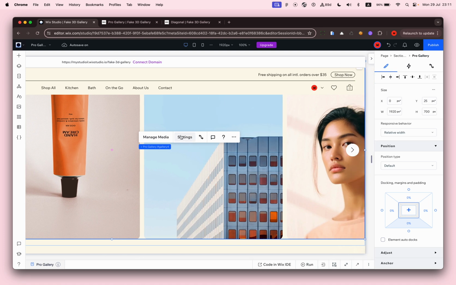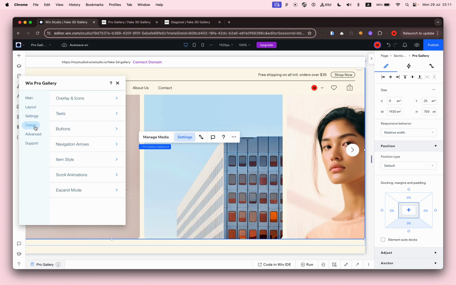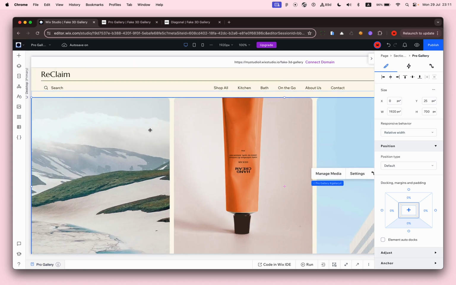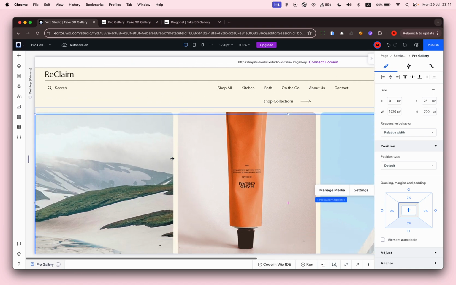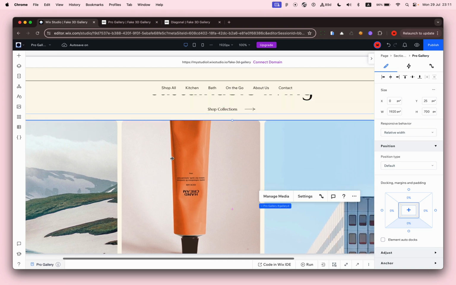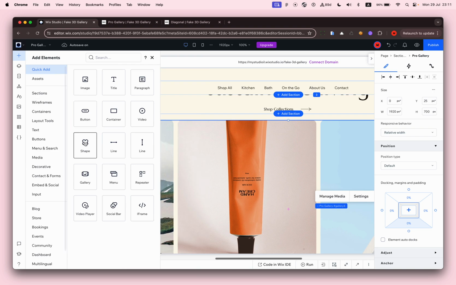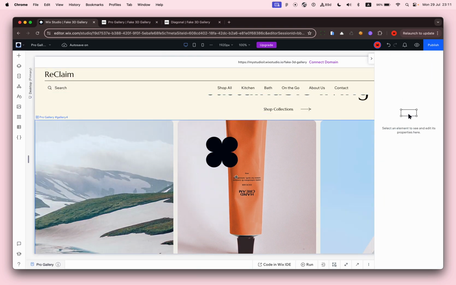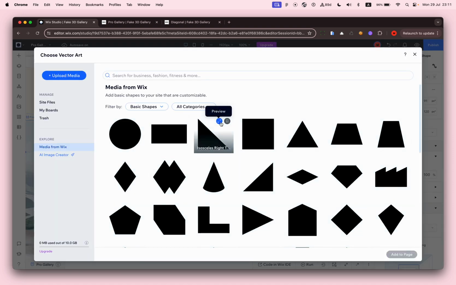I don't want this button, so let's go to buttons and to navigation arrow and turn it off. Great. So we have a regular Pro Gallery, and it will automatically slide. Now the next thing that we want to do is to go and add a basic shape. So let's go to add a shape, and I want to change it to